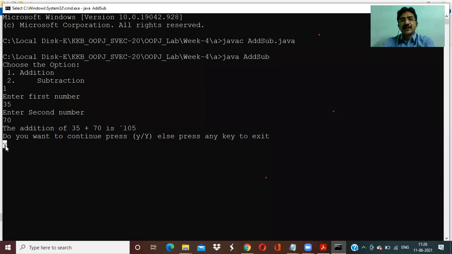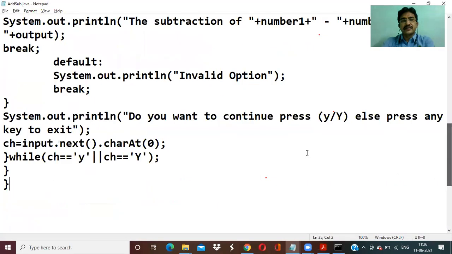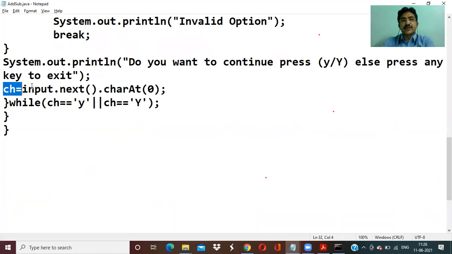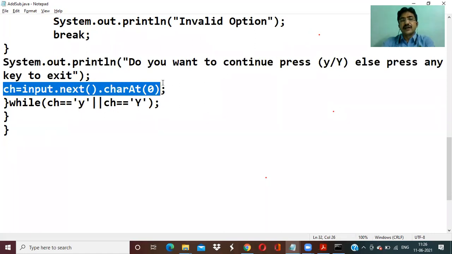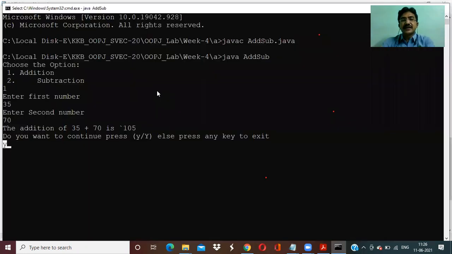This is Y, right? So coming to the code, in this code I have written to read the character: ch equals input.next().charAt(0), where the Y is there at the 0th position. That's why I have given charAt(0).